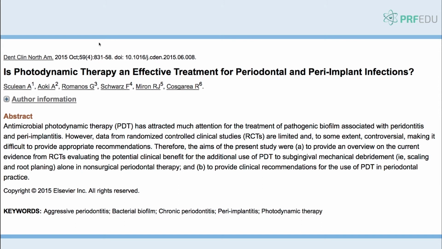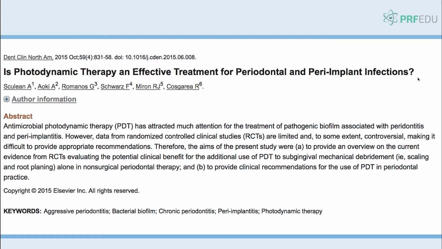Okay, so when we talk about periodontal treatments, one thing that's very interesting is all the work that's being done currently with lasers and non-surgical periodontal therapy. It's something that my supervisor, Anton Skulian here, has done a lot of work with, as well as with other colleagues. Here's Dr. Aoki, George Ramonos, Frank Schwartz, myself, and Raluca, looking at using lasers and photodynamic therapy for periodontal